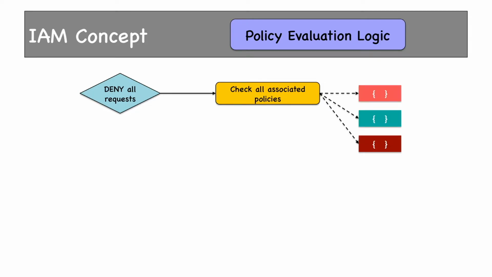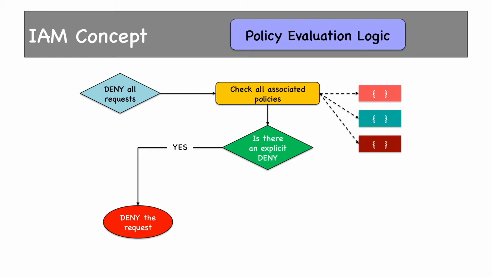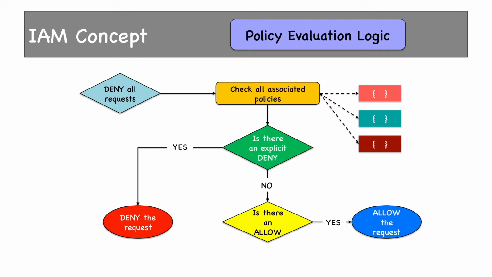There can be one or multiple statements attached within a single policy. IAM will check if there is an explicit deny, which means it will check if effect has deny value in it for the action the user is trying to perform. If yes, then deny that action. If no, it will check whether that action is allowed by the effect key in the policy. If allow is mentioned, then the action will be allowed to perform or else it will be denied. So if your policy is not right, chances of denial is much more.